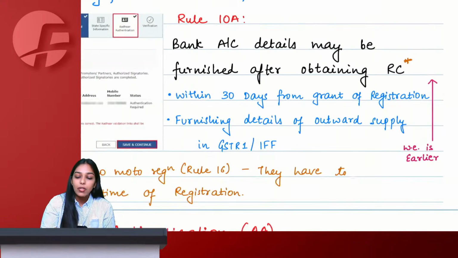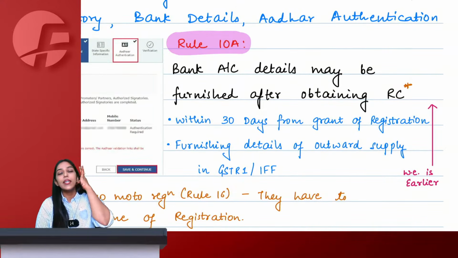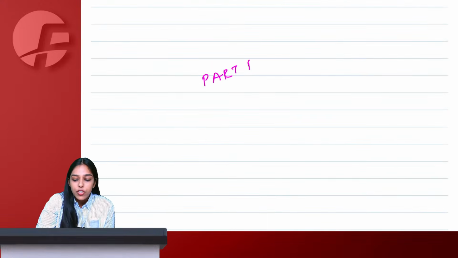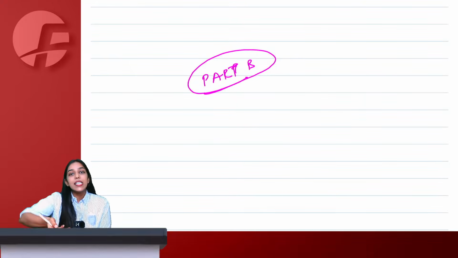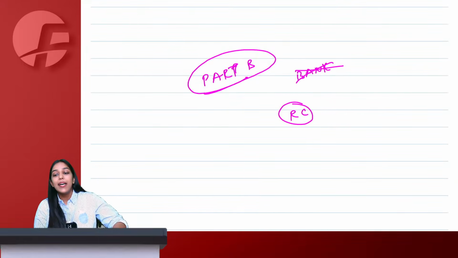Now first talking about Rule 10A. It says that if at the time of furnishing Part B of GST REG-01, you do not want to give your bank details, it is okay. We will still give you GST registration. We will still give you the registration certificate without bank details in your Part B. It is okay. But in that case,